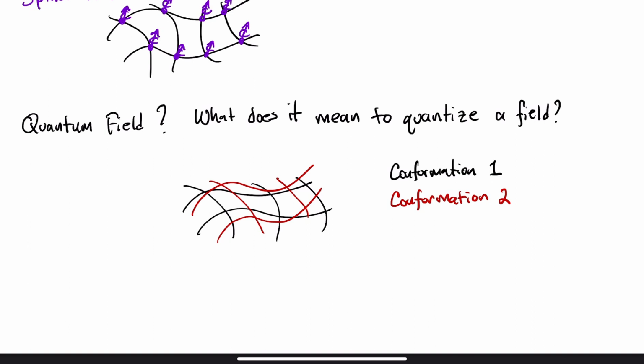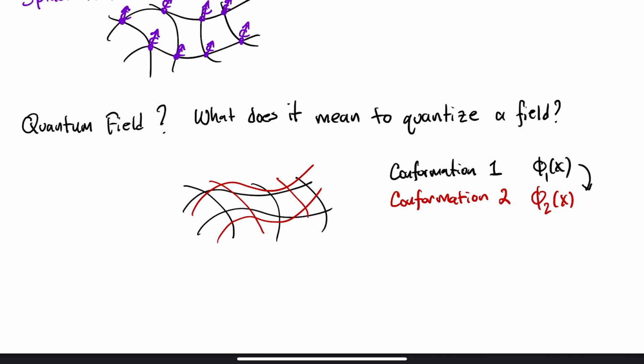So I'll call conformation 1 here psi of x. This is a function of space-time. This is a function on space. And I'll call conformation 2 here psi 2 of x. And black here is psi 1. And so psi 1 to psi 2,